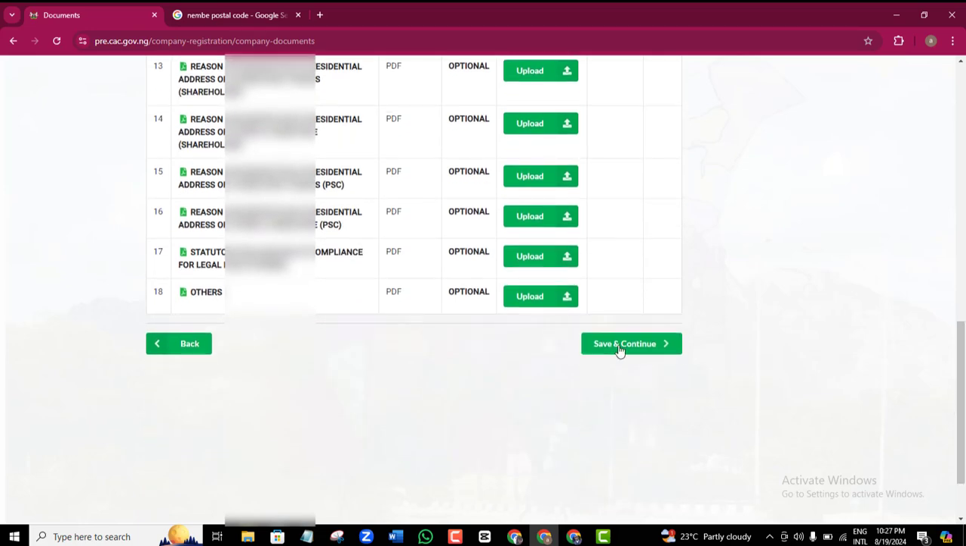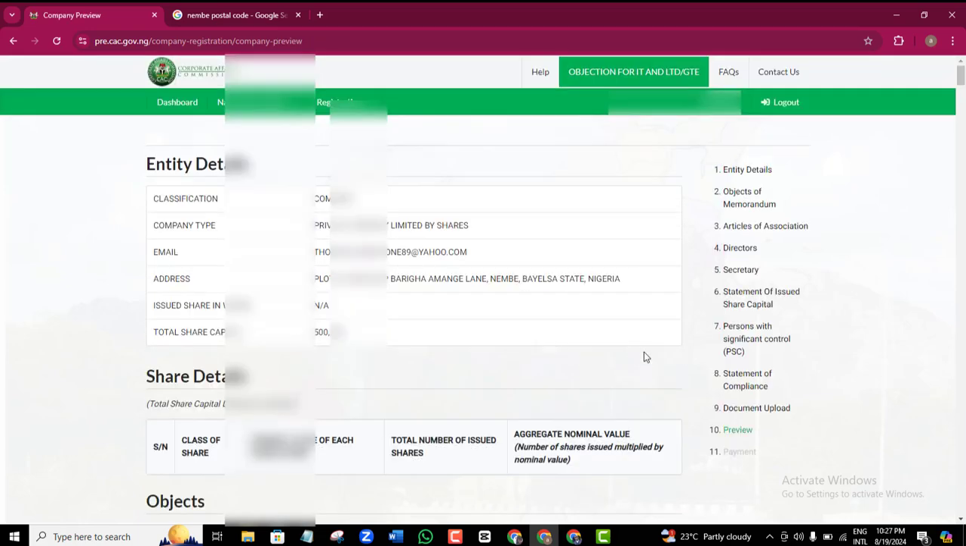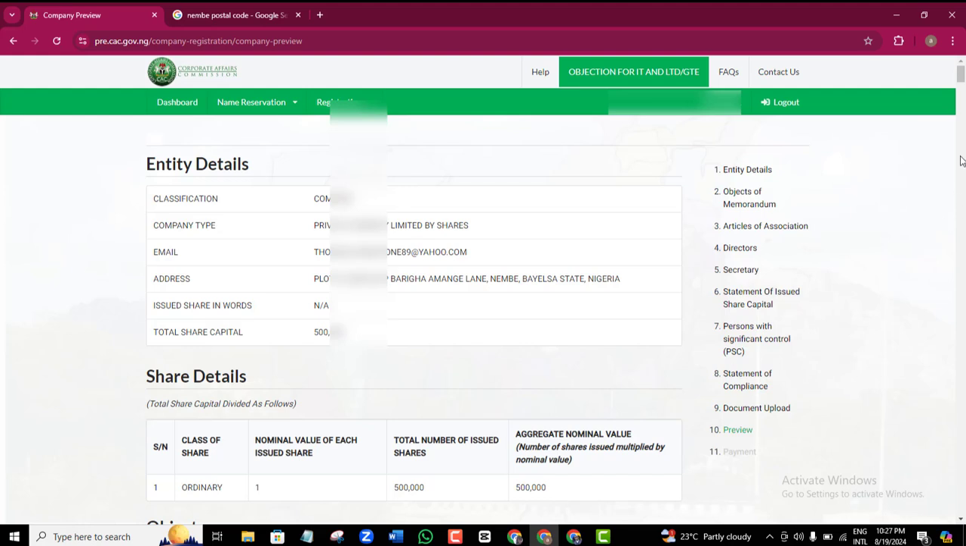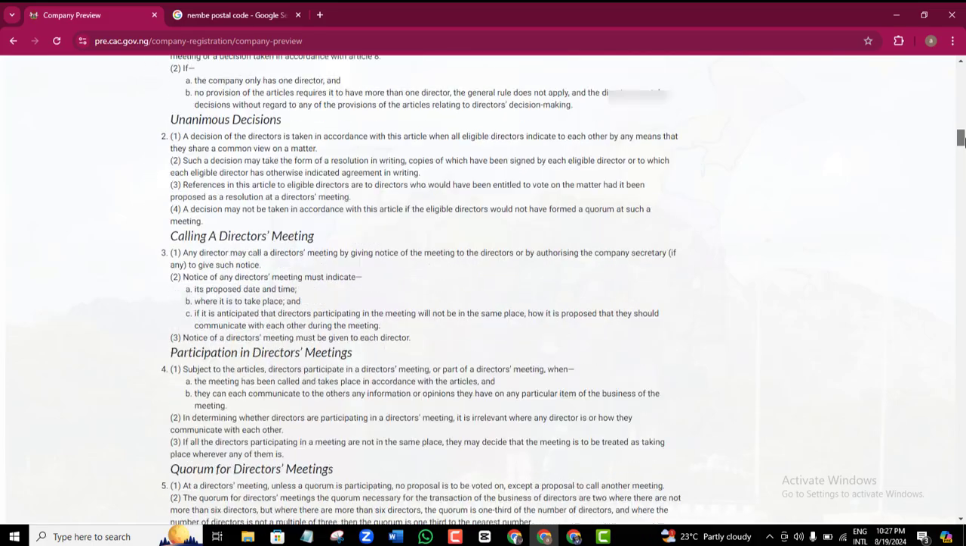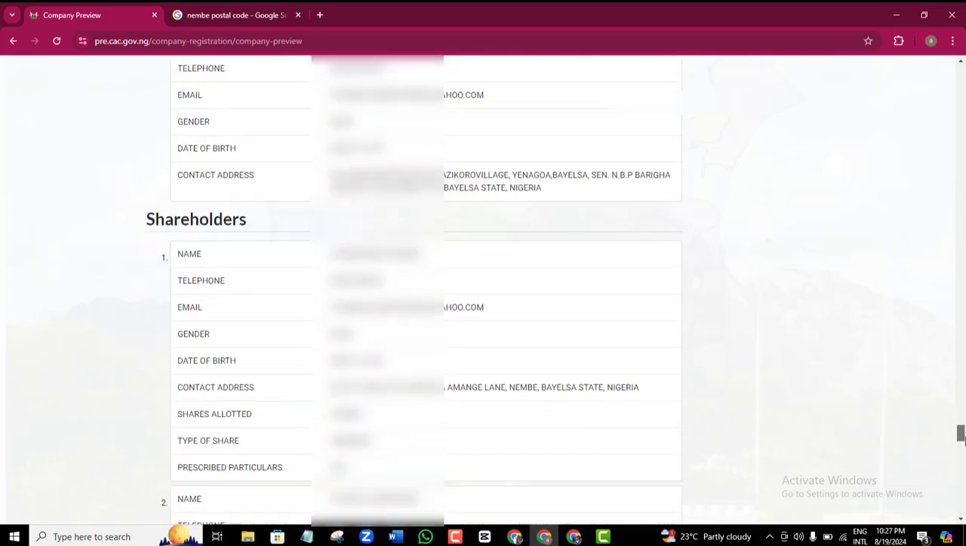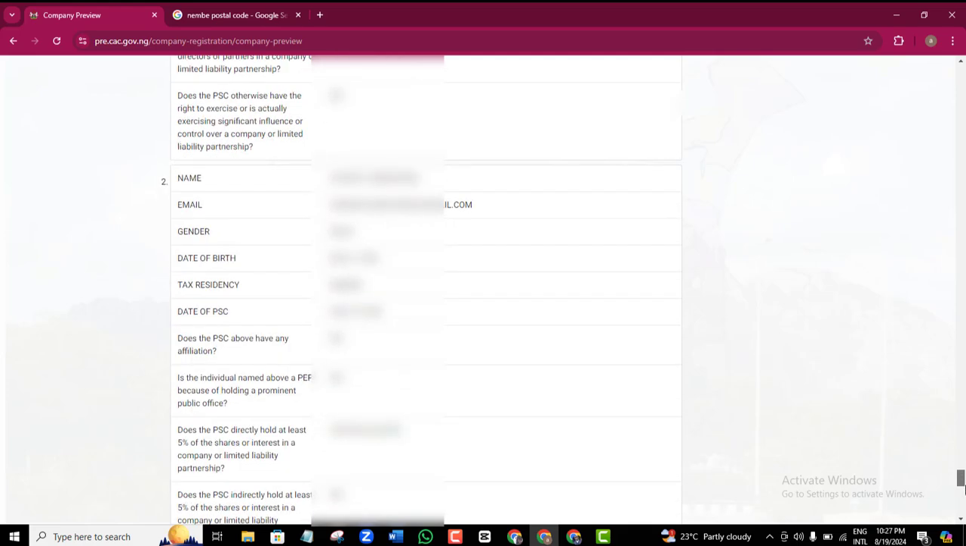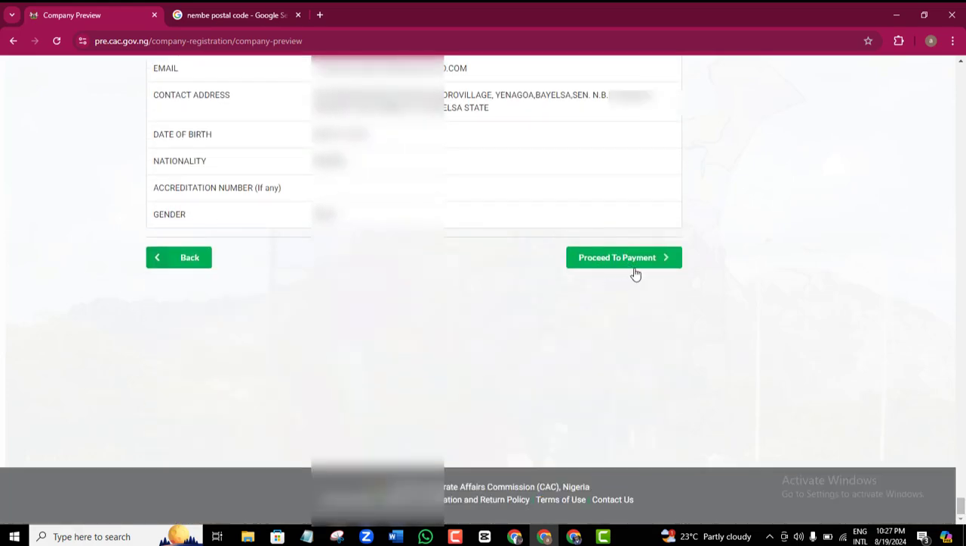So you just scroll down and then again, you're going to click on save and continue. Okay, so here is this preview or the summary of all your registration. So once again, you might really want to go and check everything to be sure that everything they have inputted is correctly inputted in. Okay, just scroll all the way down. And once you see that you are good to go, then you just come here